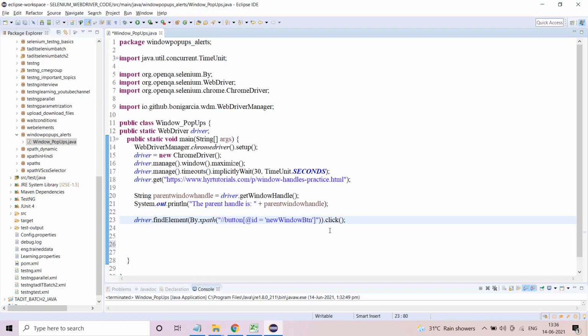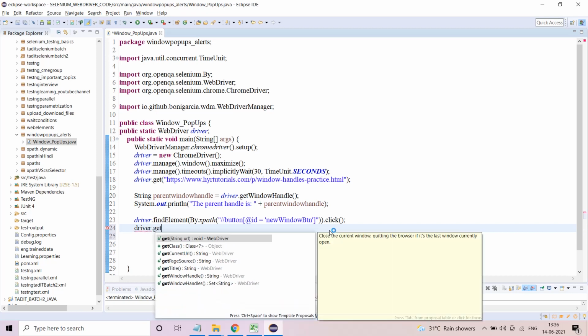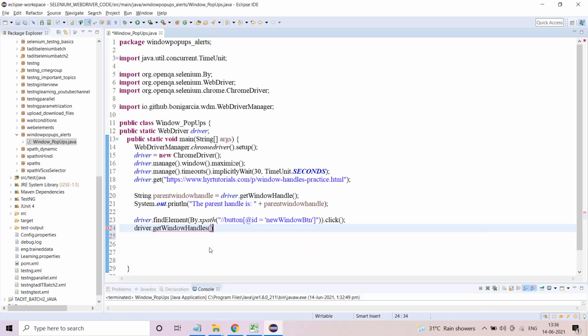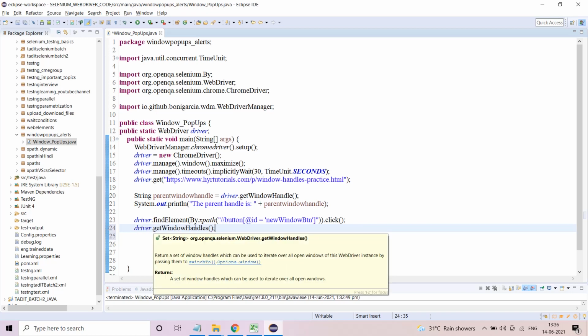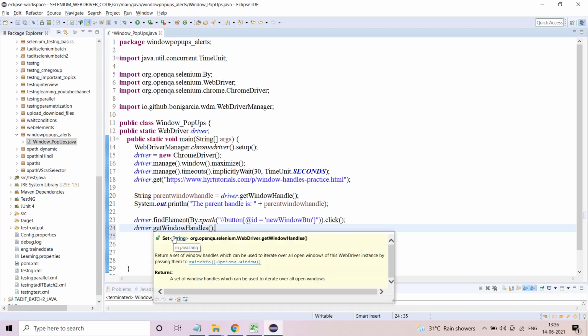First and foremost, we have to use the driver instance to call getWindowHandles. Now this getWindowHandles returns a set of string. It does not return a list. Why set? This is a very important interview question. They ask what the getWindowHandles method returns. Many people say list.